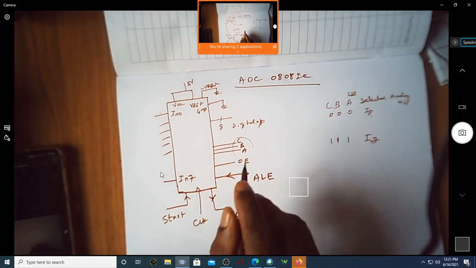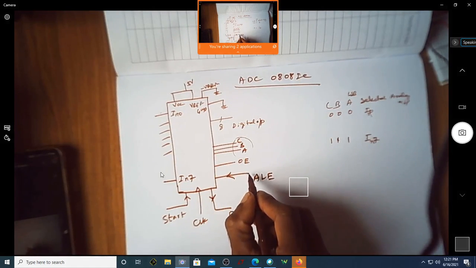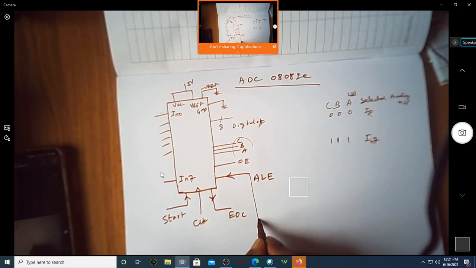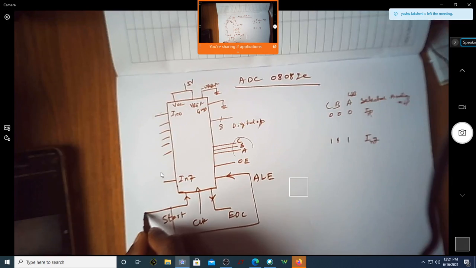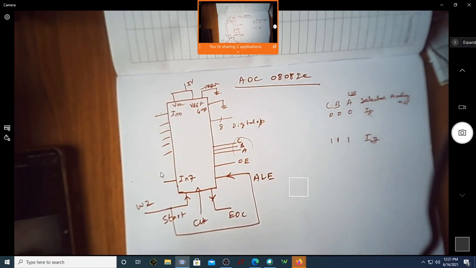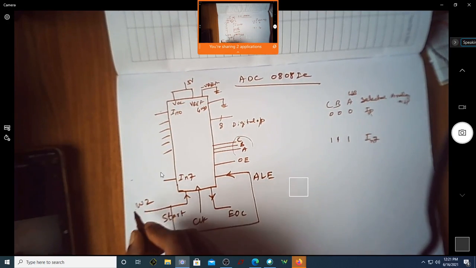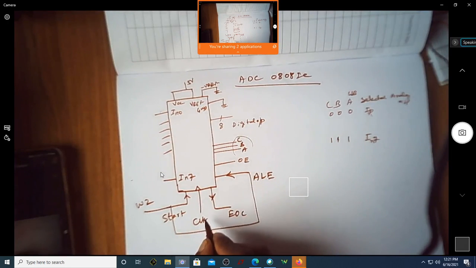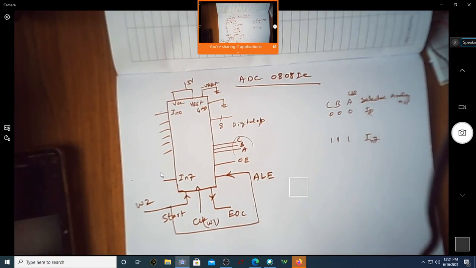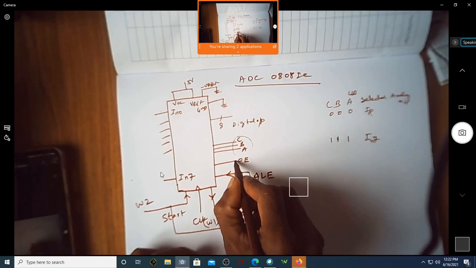Okay, now the circuit, what we do now is we will short this ALE and start, and give it to channel 2 of your waveform generator. And for the clock, let us use channel 1. So channel 1 is giving the clock, channel 2 is giving the start signal, which is also shorted with ALE. And this is always connected to